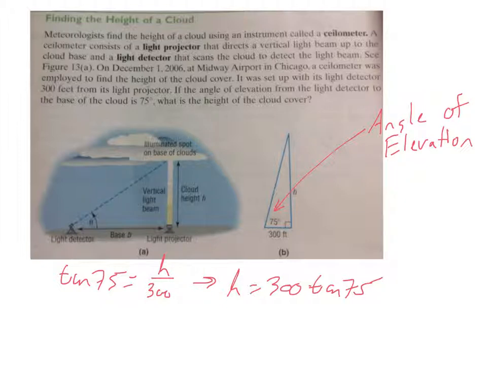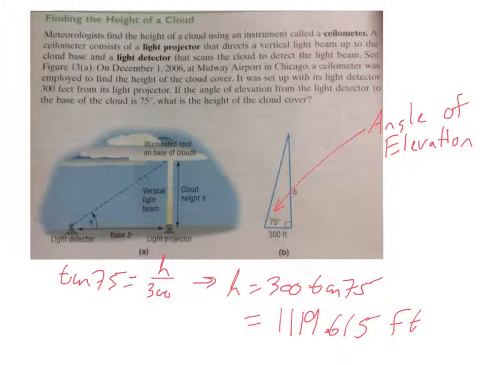And so if I had done it in degree mode, we get a much more reasonable answer, which is 1,119.615 feet, which is a much more reasonable height for a cloud to be at, as opposed to having the cloud below the surface of the Earth, which wouldn't really make a lot of sense. So there's our answer right there. Okay,